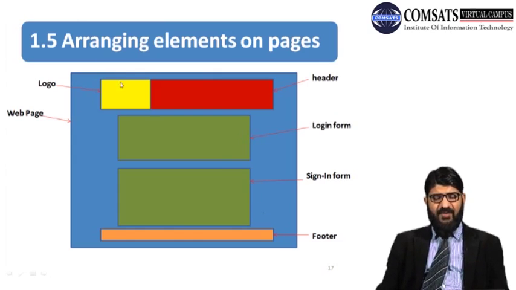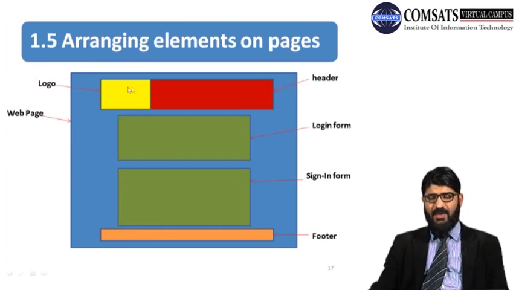On the top of it a section for the logo is created, showing the logo area, and on the right there is a header area where you will mention the header information of your website. Below there is orange color, which shows the footer of your application, and in the center there is